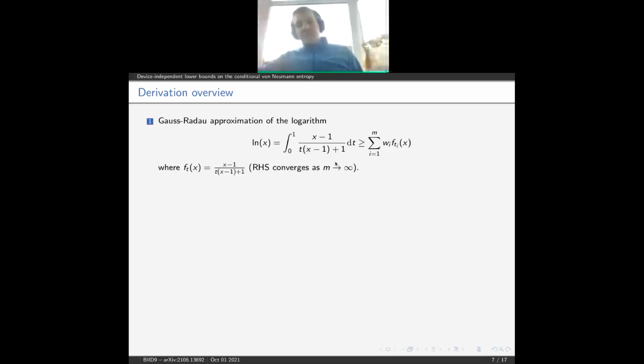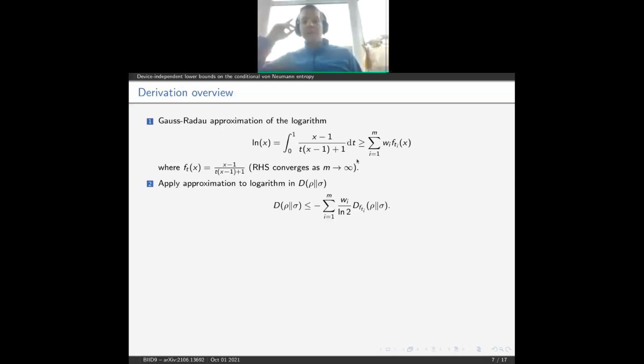And you can do this in a very particular way known as Gauss-Radau quadrature, such that the approximation of the logarithm is actually always a lower bound on the logarithm. And this is important because you want to bound the relative entropy in a certain direction. Okay, and then the idea is that we apply this approximation to the logarithm to the relative entropy in a particular way. And what we end up with, at a high level, is an upper bound on the relative entropy